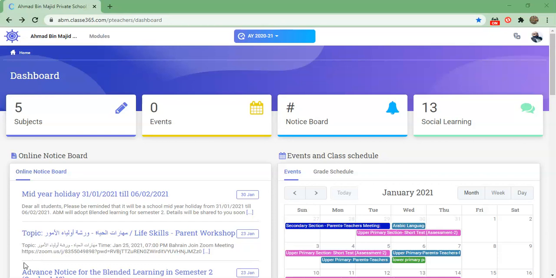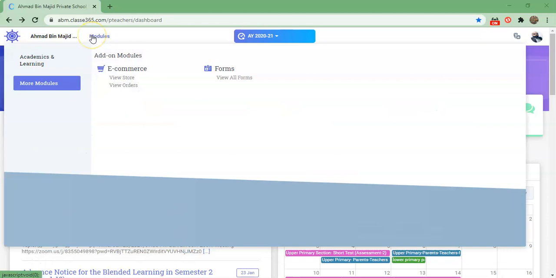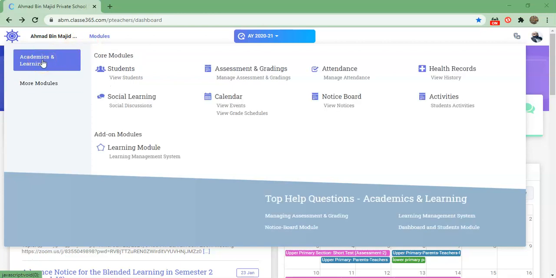Okay, for this one I suggest that you must keep your comments ready and all the other calculations, like quizzes and other things, ready. Once you have all the things ready, then we can start the work.